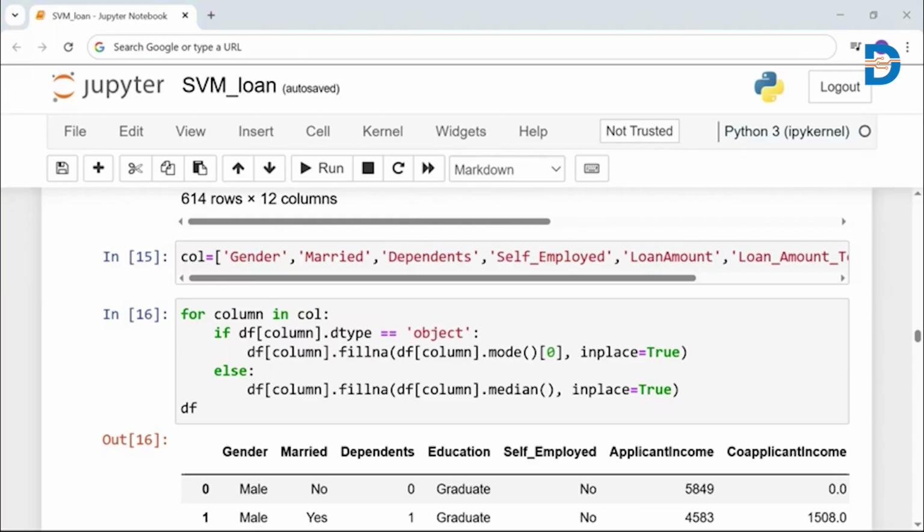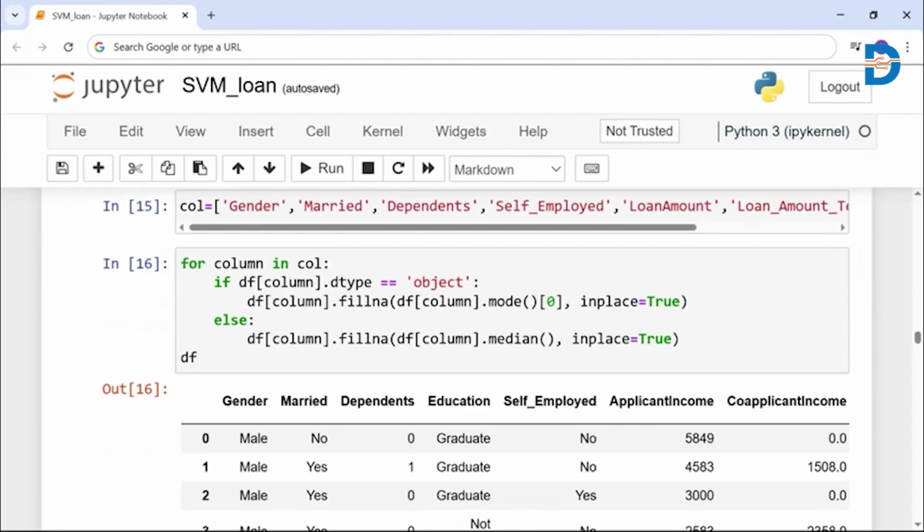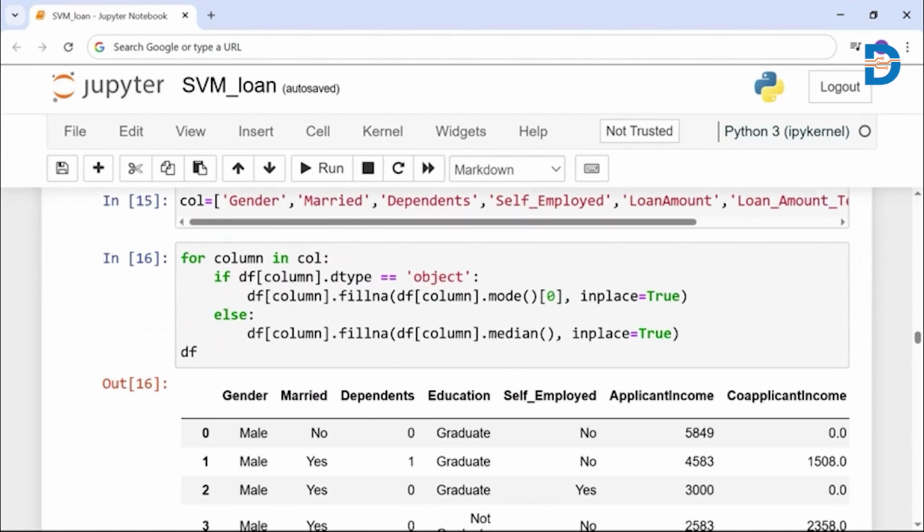So next step, I'm going to extract all the columns that have missing data and store them under columns. Now what we are going to process is first check what kind of type each and every column follows. So I'm going to make use of a for loop, since we have 7 different columns and we are going to perform the same task. So for column in cols, what happens? During the first iteration, column will be assigned with gender.